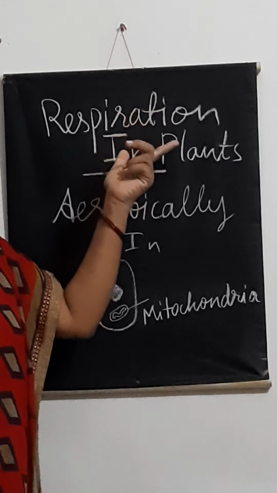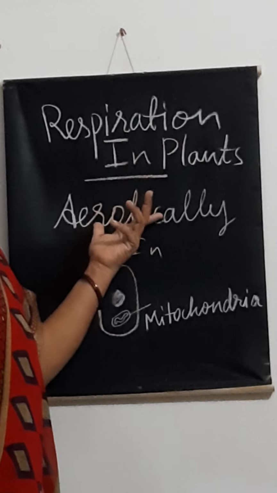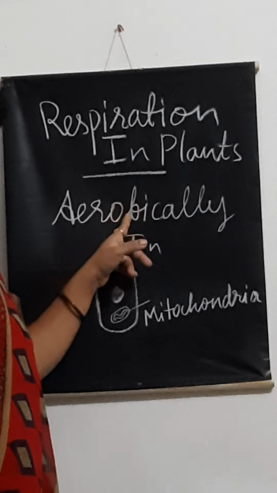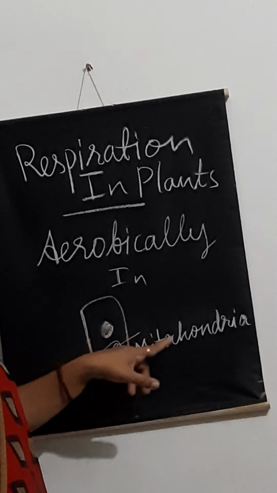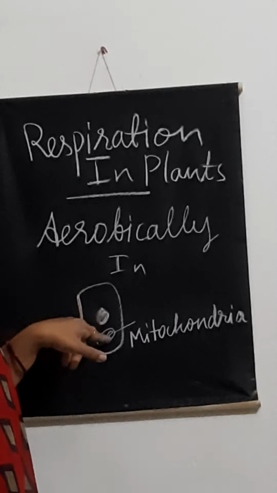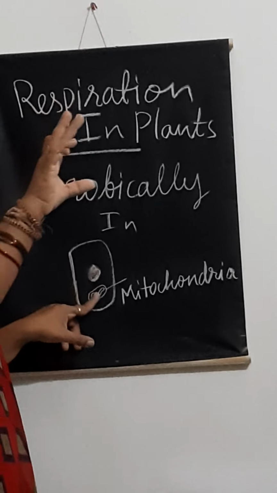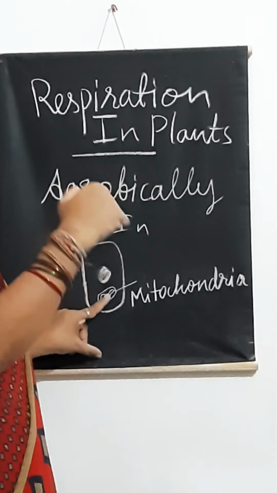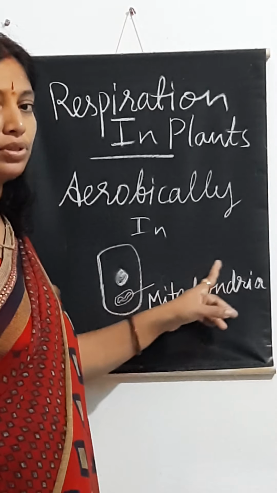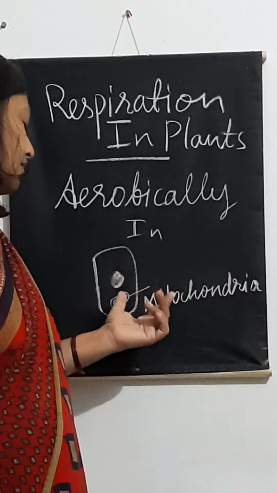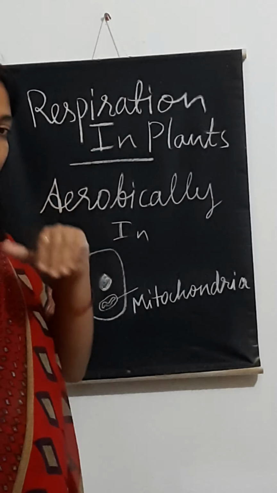How does respiration occur in plants? They don't have lungs like us, but the basic mechanism of respiration is same. They are also aerobic. So respiration in plants occurs aerobically in the same cell organelle, that is mitochondria. Plant cells also have mitochondria like the animal cells. So inside this mitochondria, that glucose breakdown chart explains how glucose gets broken down into pyruvate. Pyruvate is further broken down to form carbon dioxide, water, and energy. That same process occurs in the plant cell. The only difference lies in how they take in the gases.